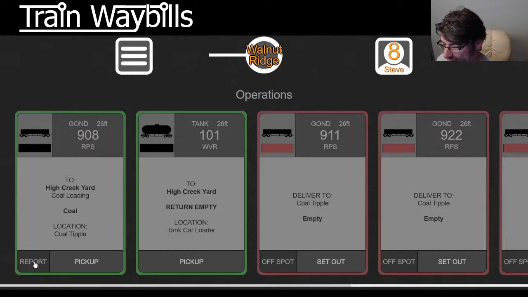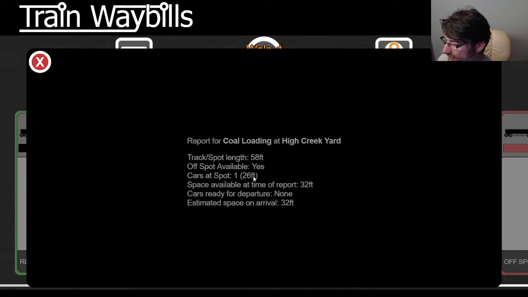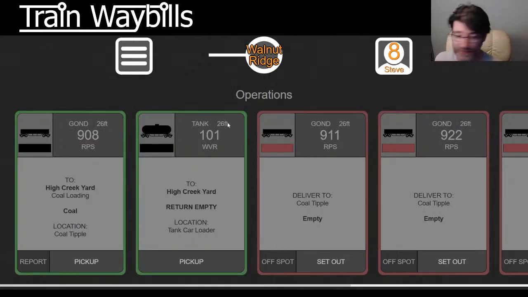Now, that's actually quite busy. Let me have a look. Right, so here we go. Coal loading can take 2. So at the moment, at the coal loading spot at High Creek, there is a car and there's none ready for departure, but this is a 58 feet track, so it says space available on arrival is 32 feet, which is going to be able to fit our 26-foot wagon, so that won't be a problem